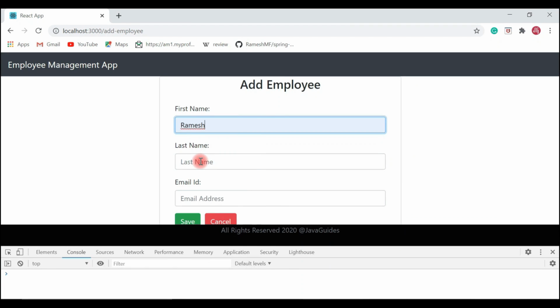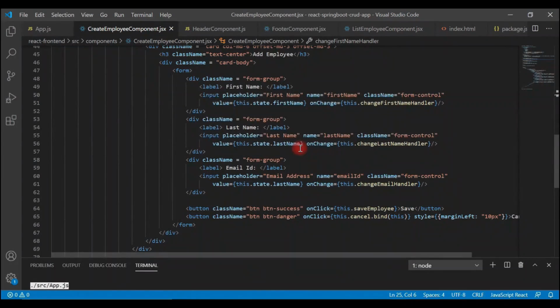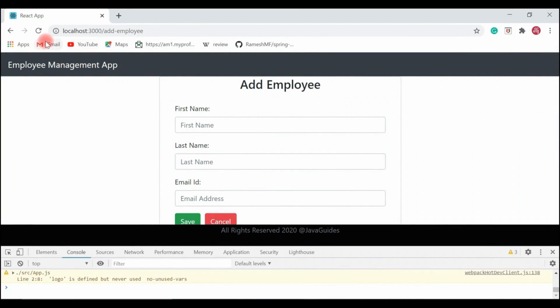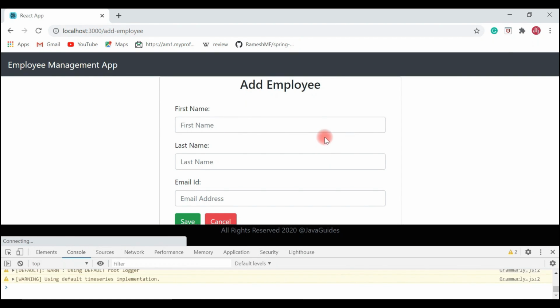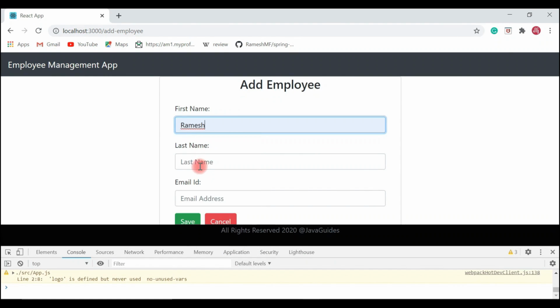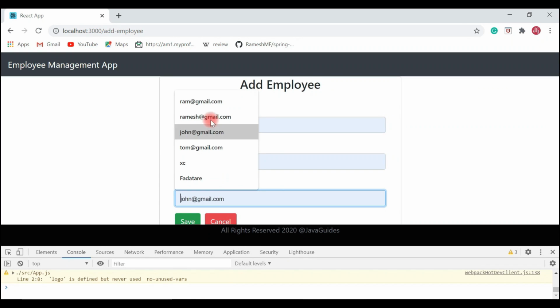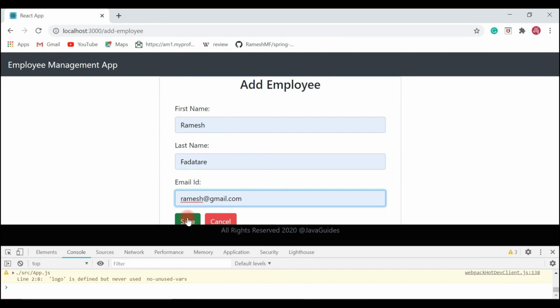Enter first name as Ramesh, last name as Fodatare, email address as... here we automatically get the last name in our email field, right? So let me go back to VS Code and change that. Yeah, here basically it is email ID. Let's save the file, go back to the browser, refresh, and again enter first name Ramesh, last name Fodatare, email address as ramesh@gmail.com. Hit save